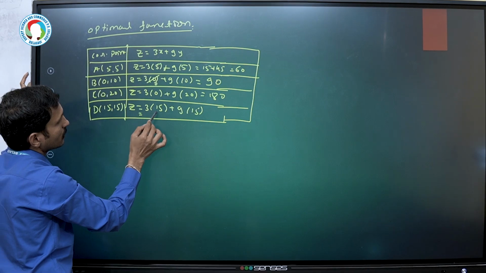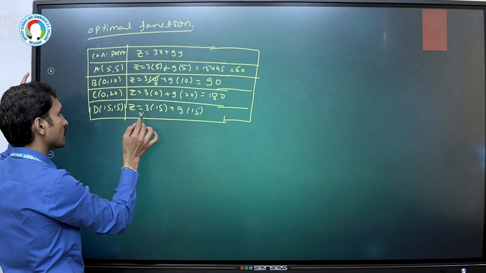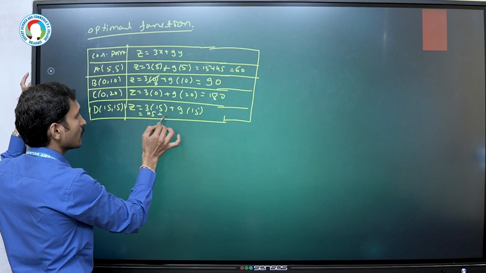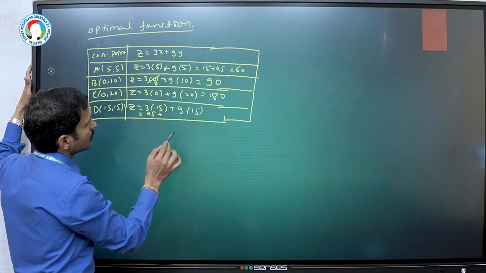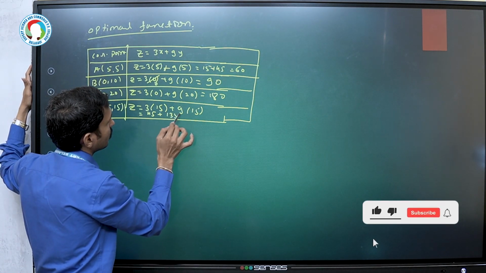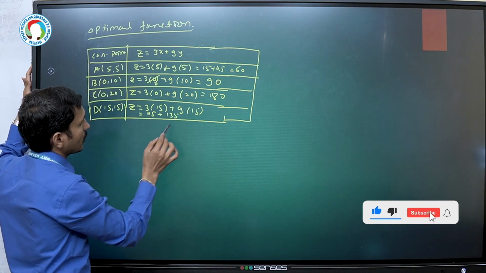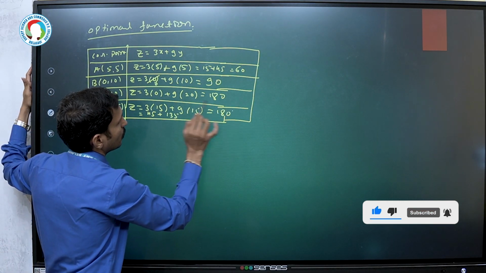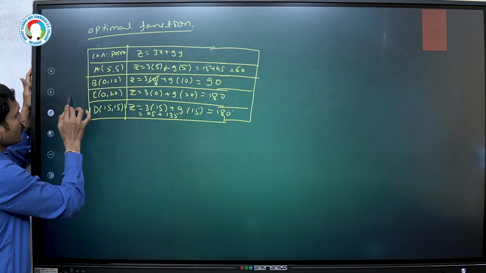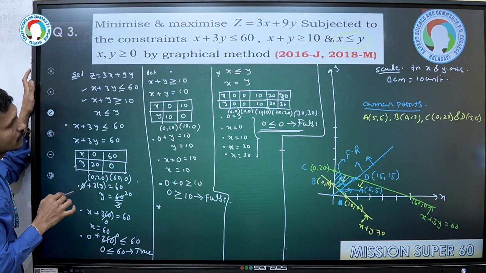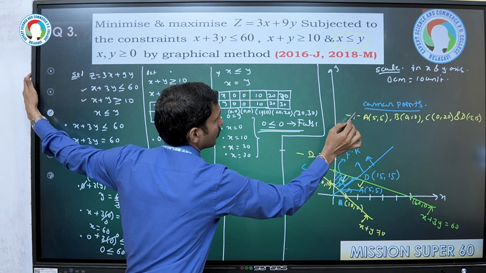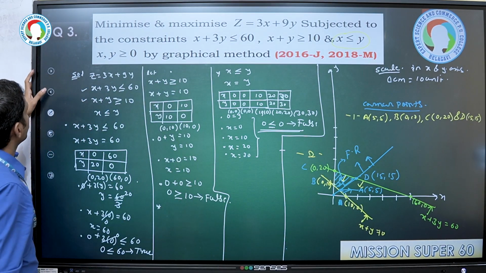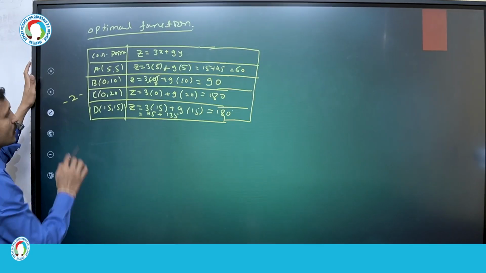So this is 15, 3 times is 45 plus 135, which gives 180. It is also 180. So this is 2 marks, this is also 2 marks, and this is 1 mark. So 2 plus 1 is 3, 3 plus 2 is the